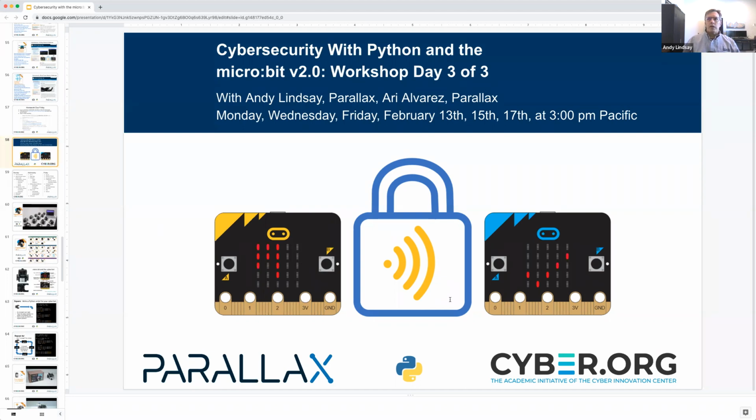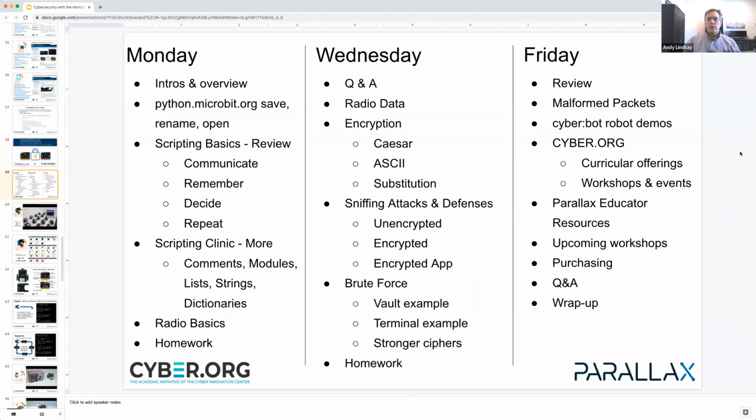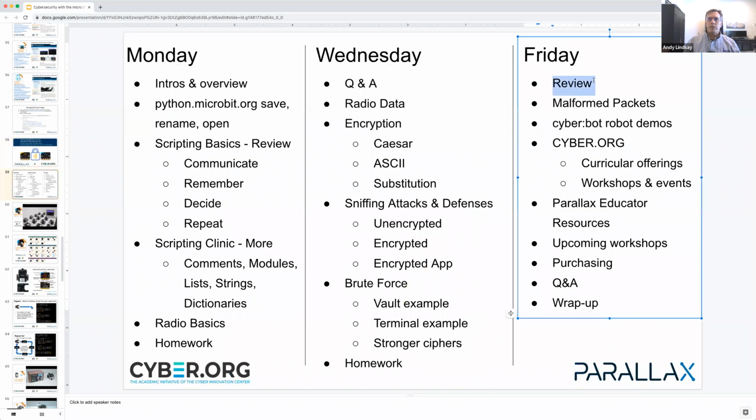Okay, so today we're going to start out with just a little bit of review, then talk about the new malformed packets chapter that I'll be passing to Stephanie, most likely Monday morning. Some Cyberbot robot demos. Now, for cyber.org, Chuck Gardner was not able to be here with us today, so he's